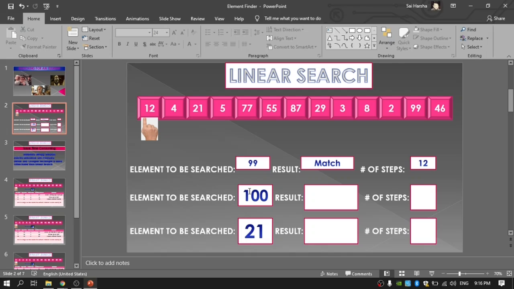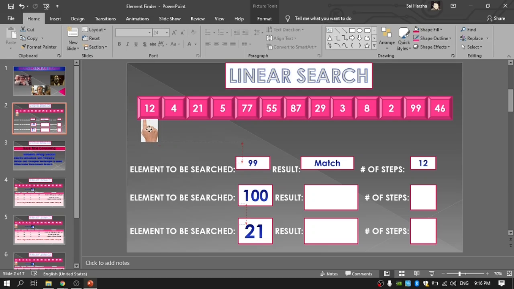Now if I look for 100, 100 is not available in the list. So I have to start with the first element and go through each and every element one after the other. Whenever I reach the last element, I come to the conclusion that the element I am looking for is not available in the list.